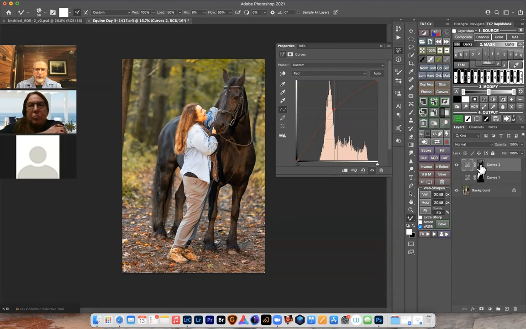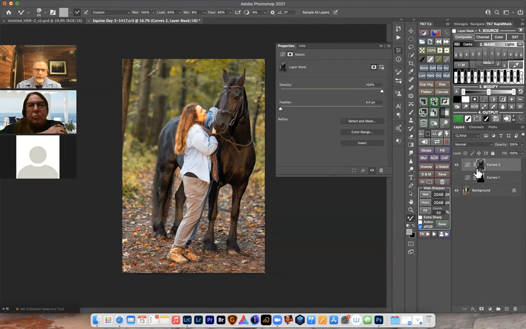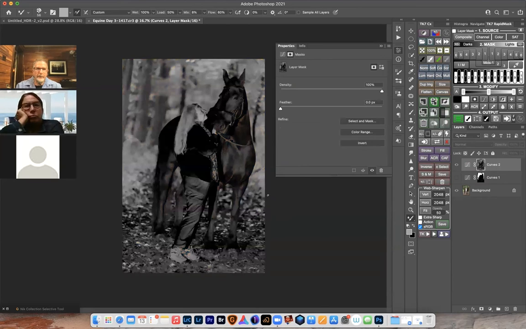But that's easy to fix because I can go back to the mask, and I can show the mask by holding Alt or Option and clicking on the mask. And then I just grab a black brush using the shortcut, or I grab the brush and make certain I'm painting with black. And all I'm going to do is go up here and increase my flow and say, please don't change Monica's hair color